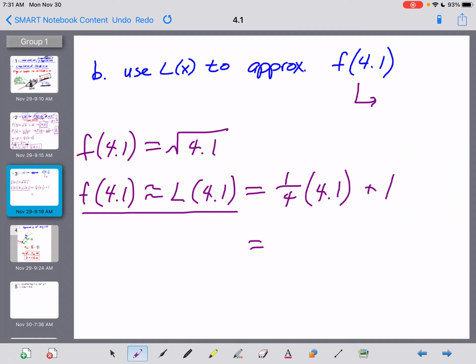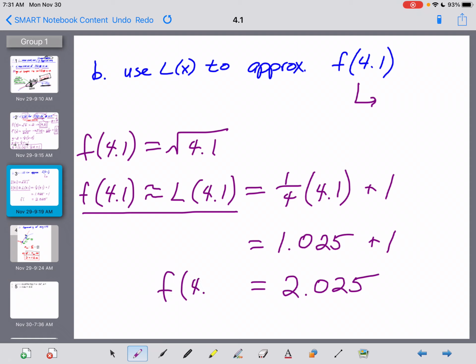Oh, and let's see if we can do this without a calculator. 1/4 of 4 is 1. 1/4 of 0.1 is going to be 0.025. So I believe this is going to be 1.025 plus 1, all of which is going to get us 2.025. And that's our answer then, everybody. In fact, let me go ahead and write this out now, that f of 4.1, and if I'm going to do this right, I should not put equals right there. I should say is approximately equal to